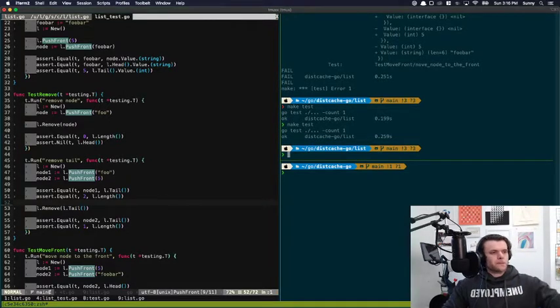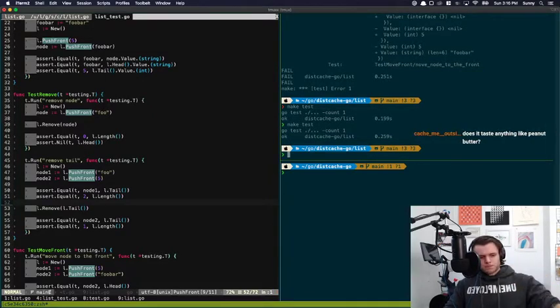All right, so I feel like we have our linked list pretty much done. So now we can start working on the cache, which is actually the more fun part. And then from the cache,